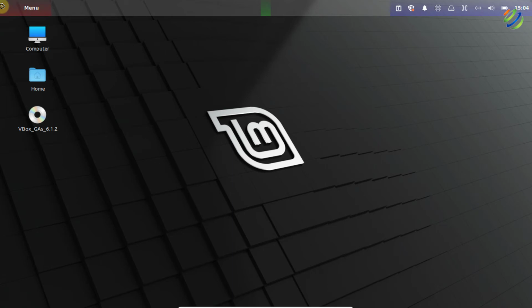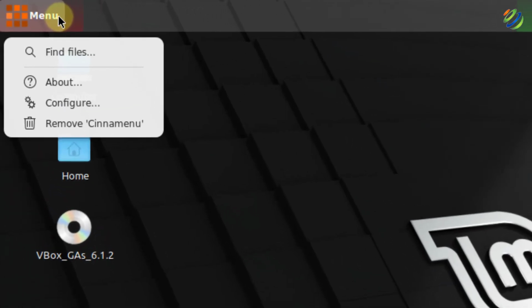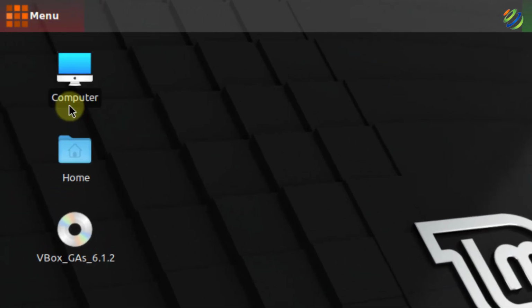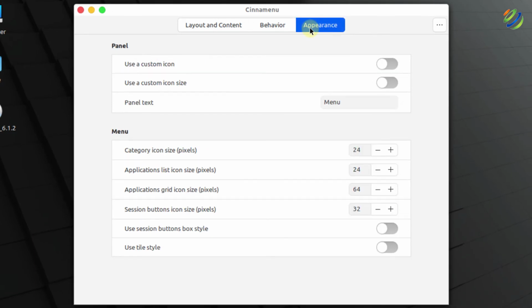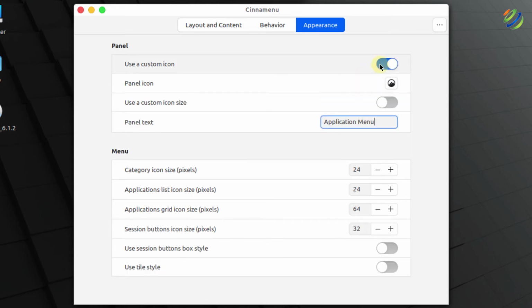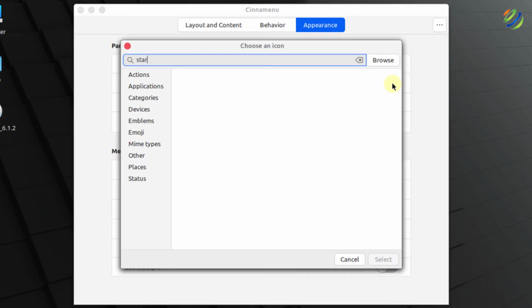Alright, so now it appears on the left side, and now let's right click here and configure it a little bit. Go to the appearance, and here you can change the panel text. For example, I'm going to say application menu, and we can also use a custom icon for that. So for selecting an icon, click on this picture panel icon, and now let's write here start in the search